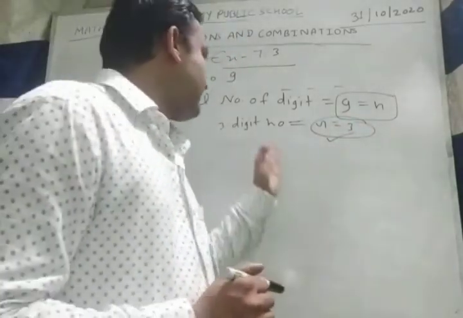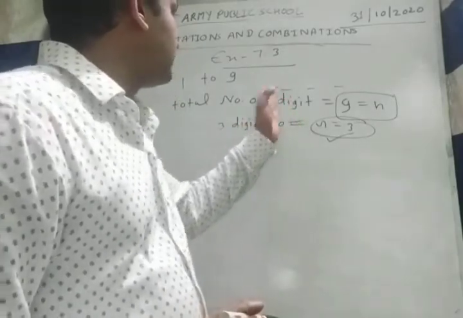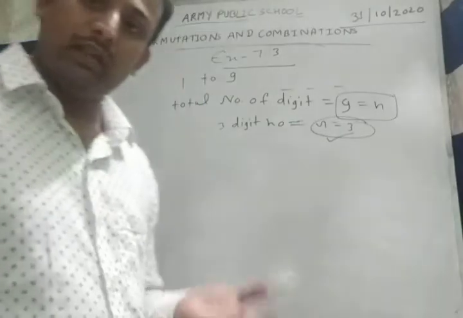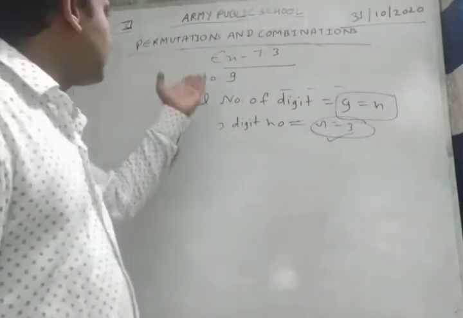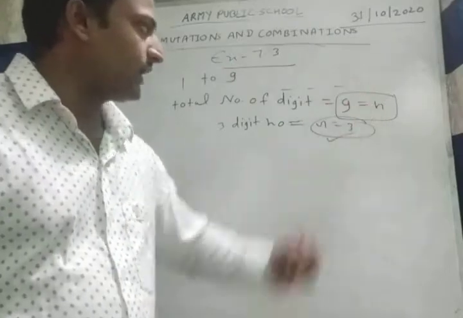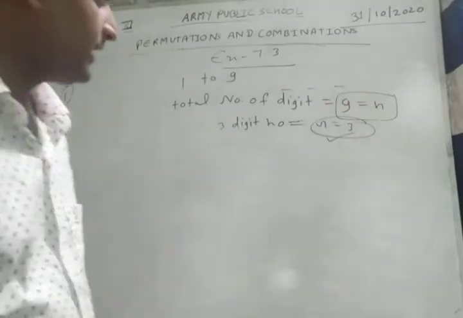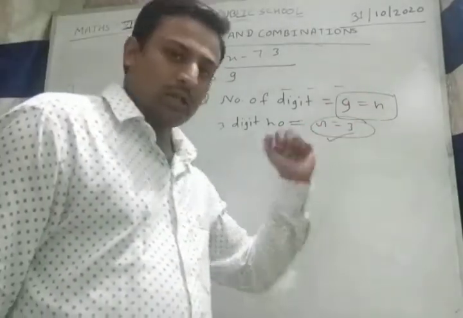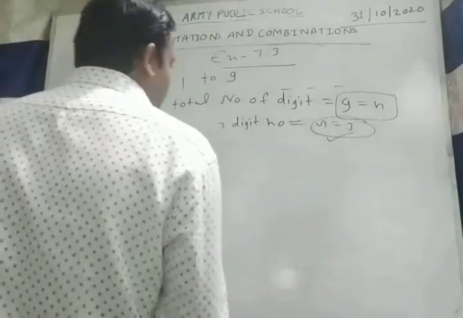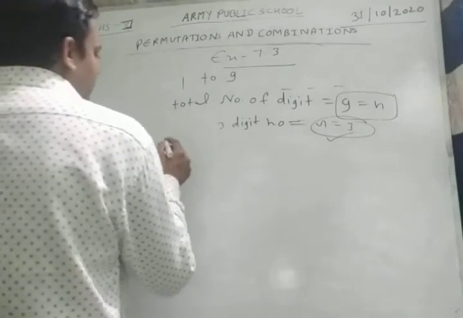Because the number of digits is 3, we have to make three-digit numbers using the digits 1 to 9. So we are arranging objects, and the total number of numbers will be